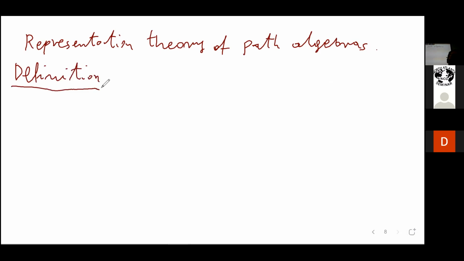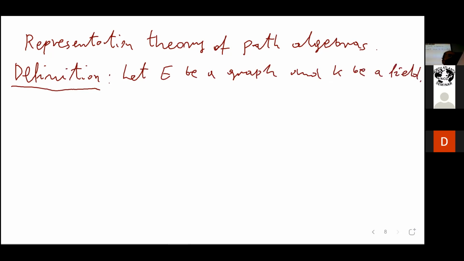The definition is straightforward. If you were forced to come up with this definition, you would come up with precisely this definition. So let E be a graph, surprise, surprise, and K be a field. A representation of the graph E